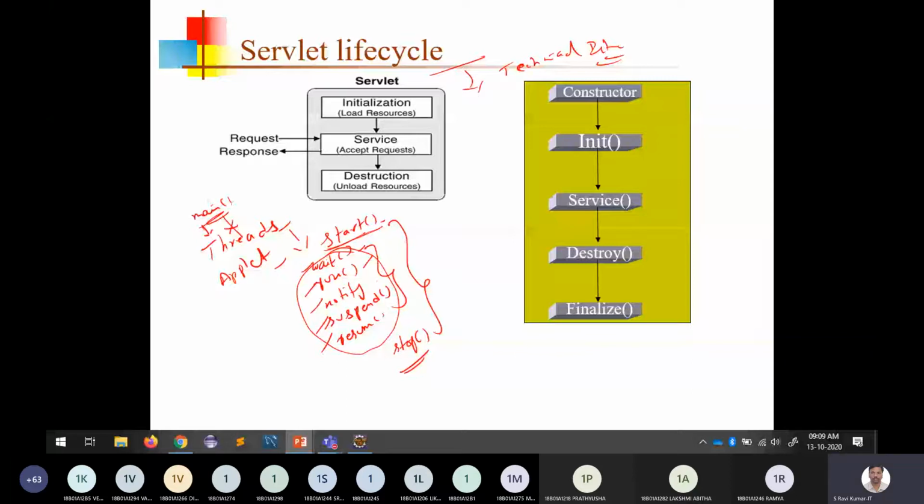Threads don't allow the programmer to execute them directly, because the threads switch from one state to another state, with corresponding methods.